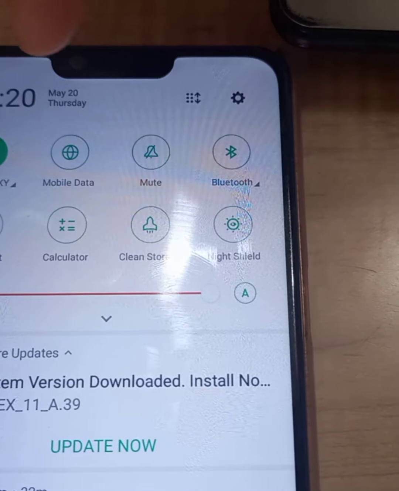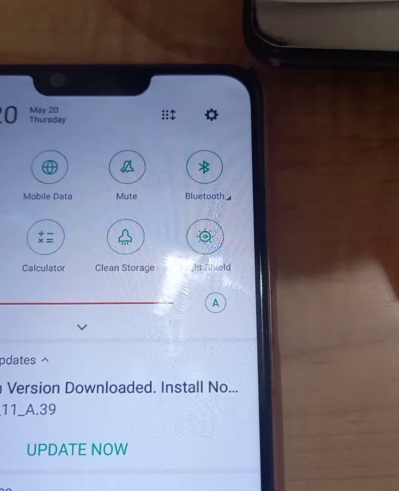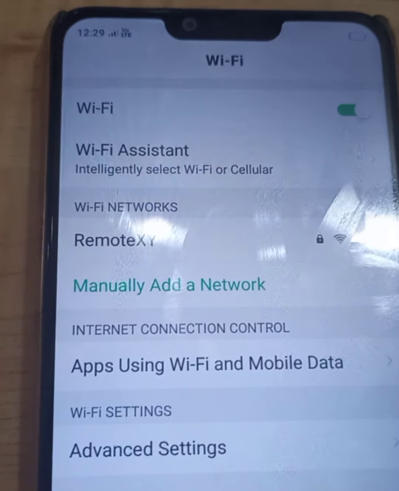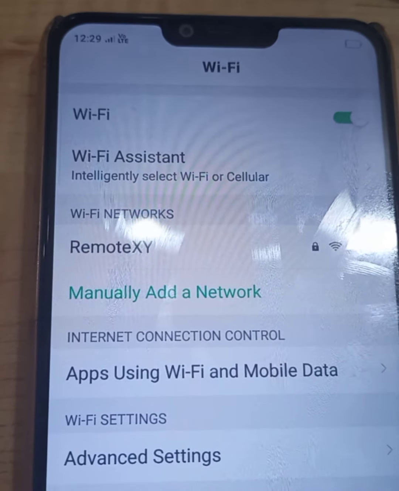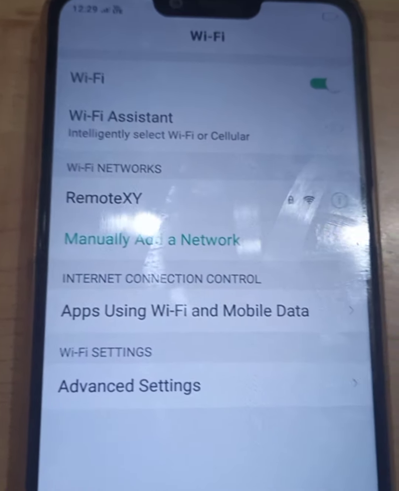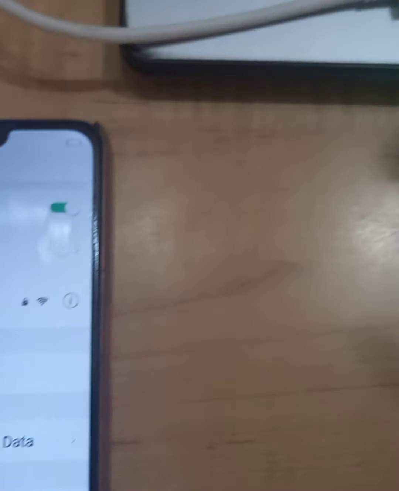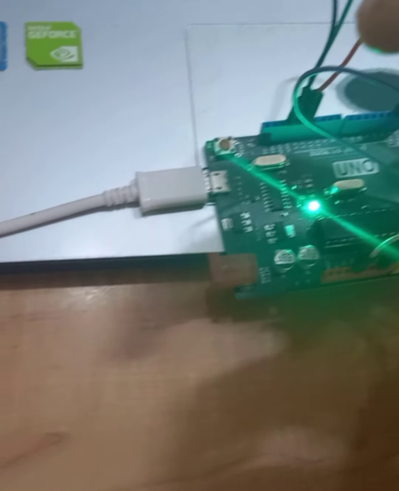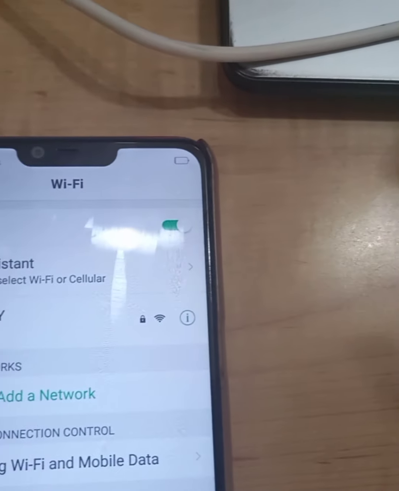So now this mobile is connected to the ESP Wi-Fi. The Wi-Fi that I have named remote XY is going to be connected to my mobile.